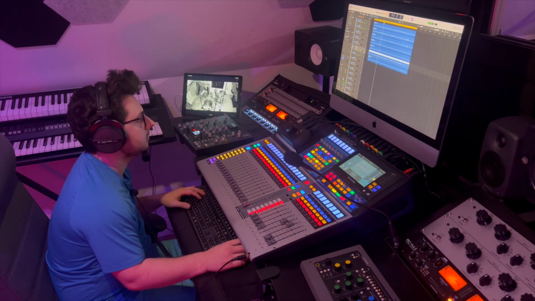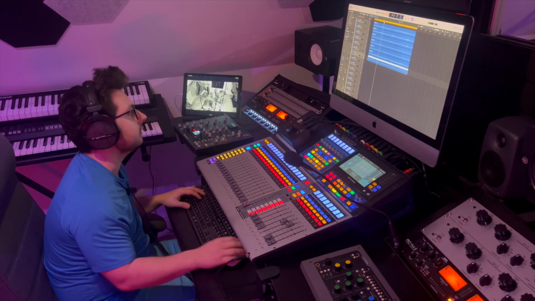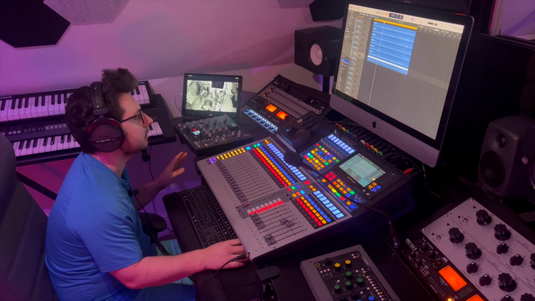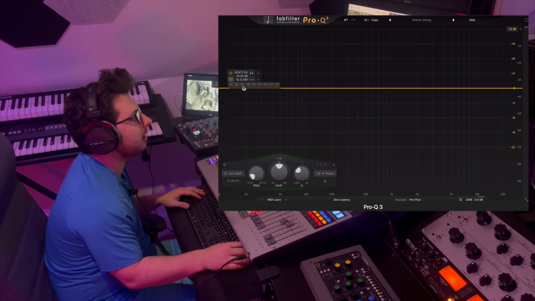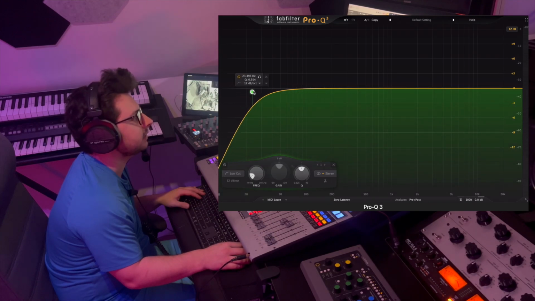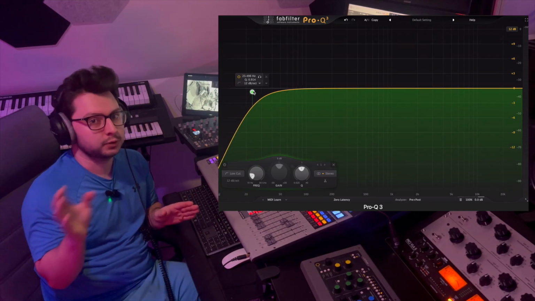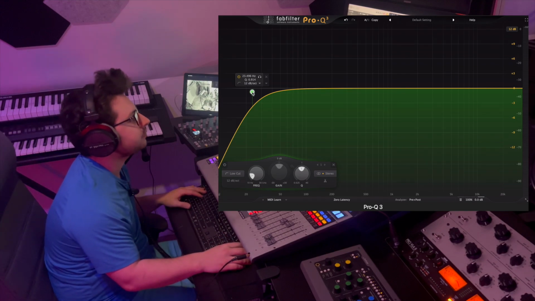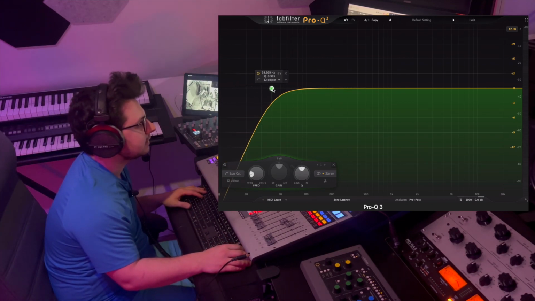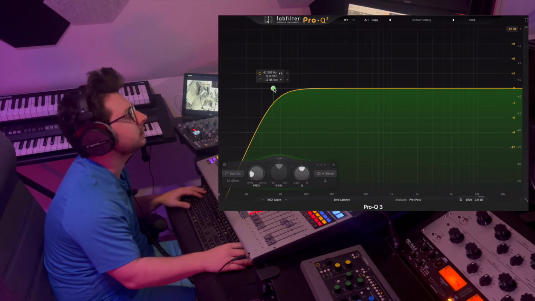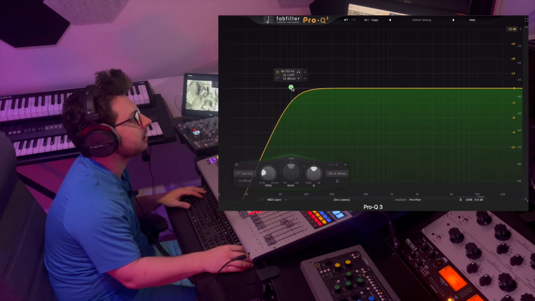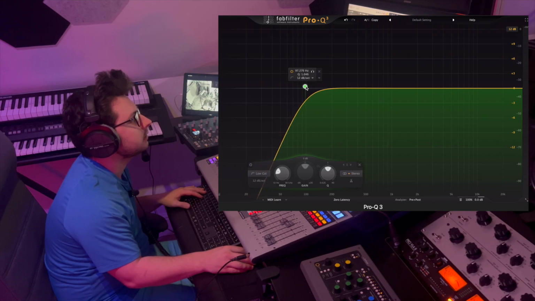Okay, we sound good. So now let's do the overhead. So again, not going to use the SSL because I really want to fine tune this. So the same high pass that you did on the snare, you should do on the overhead because we're only capturing the snare and above. We're not capturing the kick because it wouldn't sound very nice. So we might capture the kick sort of in the room with its higher frequencies, but not lower than in this 100 plus zone. So if we go right to 100 and start playing,